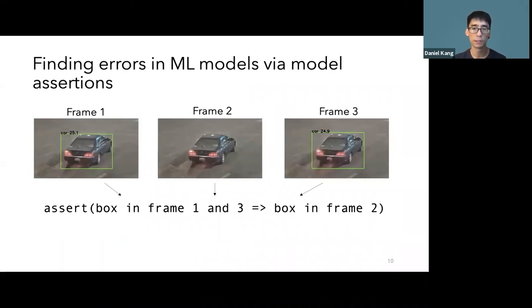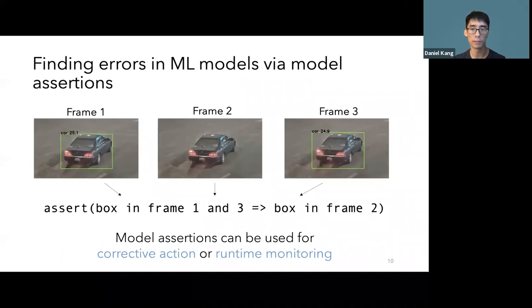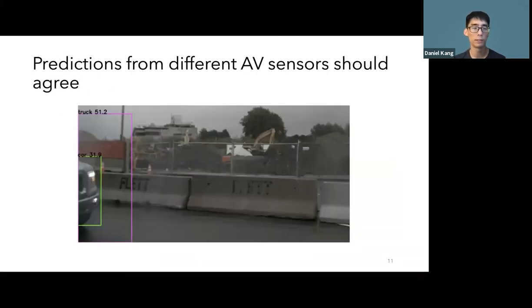If this assertion triggers, it can be used for corrective action, for example, shaking the wheel of a car, or for runtime monitoring, for example, populating a dashboard. In addition to this particular assertion, there are examples of other ones. What I'm showing here is an assertion that says that predictions from different autonomous vehicle sensors should agree. For example, there are 2 sensors here, a LiDAR and a camera sensor, and one predicts a truck and the other predicts a car for this vehicle type. And so necessarily one of them is